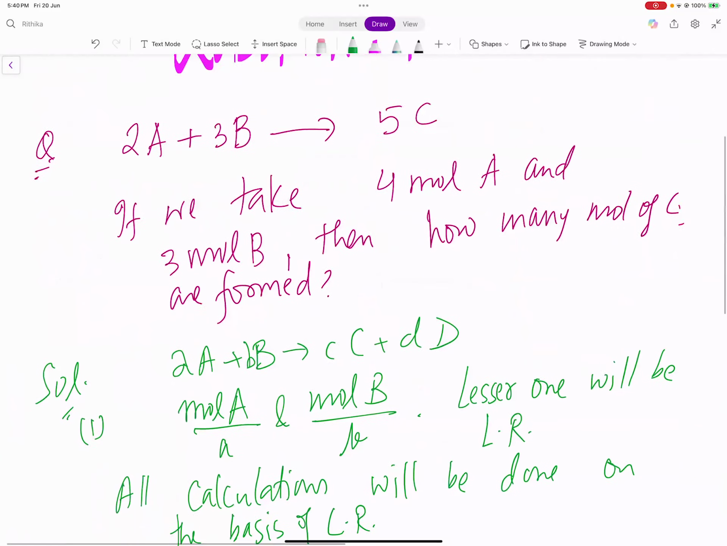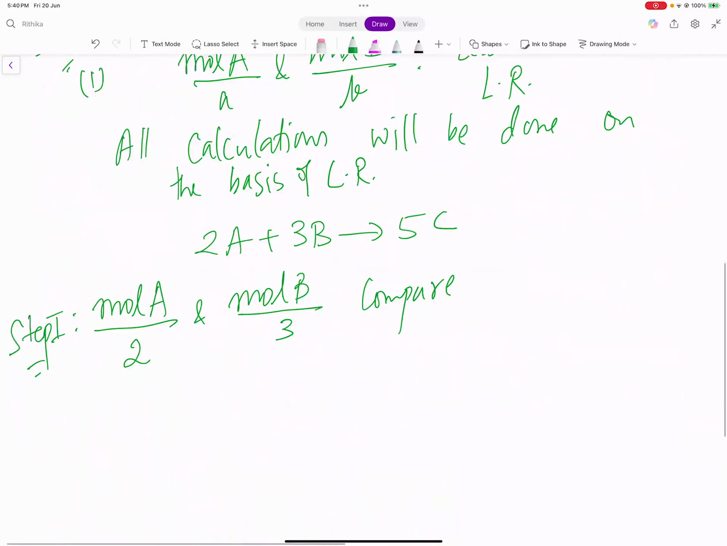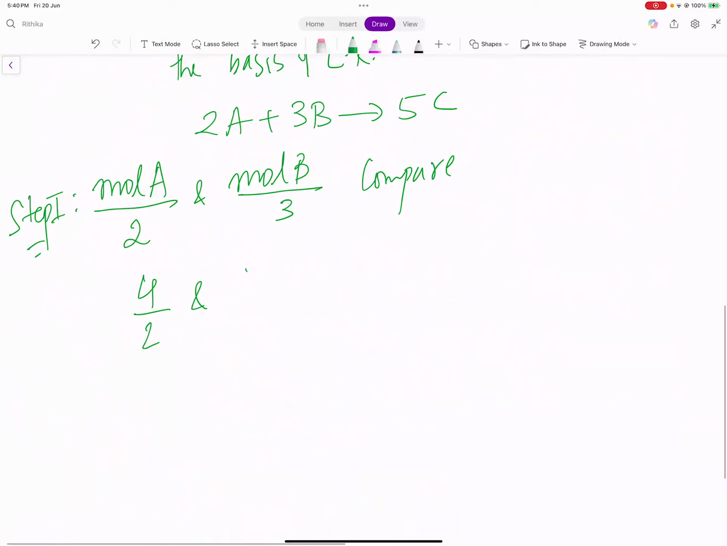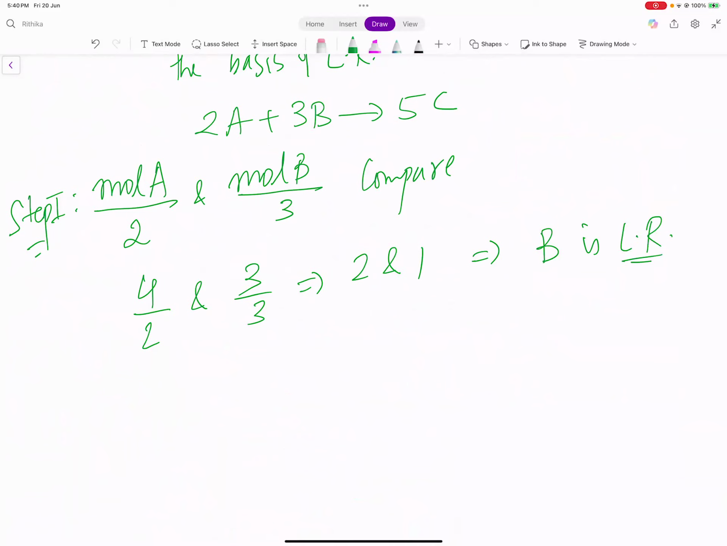Yeah. So, and that is 3. So we will compare 4 by 2 and 3 by 3. It implies 2 and 1. So which is less? B. So B is the limiting reactant. Got it? So now to calculate C,